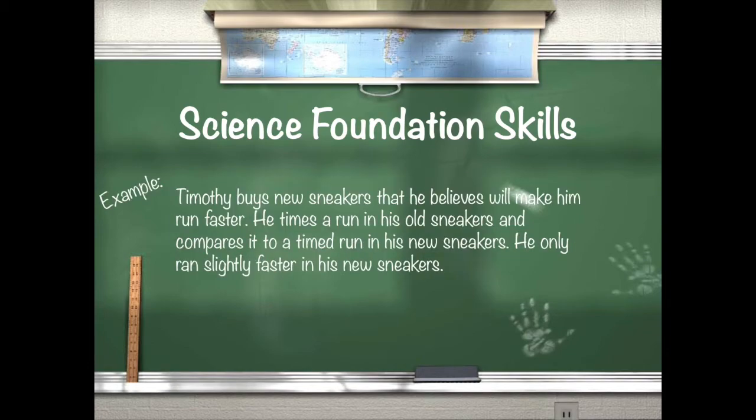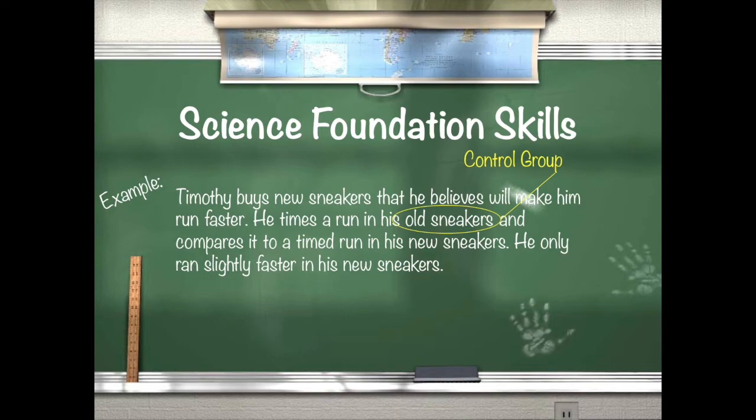So let's go back to our example here with Timothy. In this experiment, what is the control group? And again, the control group is the predictable result or predictable group. It's a group that doesn't receive any new treatment, but it's there primarily for a frame of comparison, and that would be the time in which he runs in his old sneakers. He's been running in his old sneakers all along. He shouldn't expect to run any faster or slower than he ever has in his old sneakers, but he uses